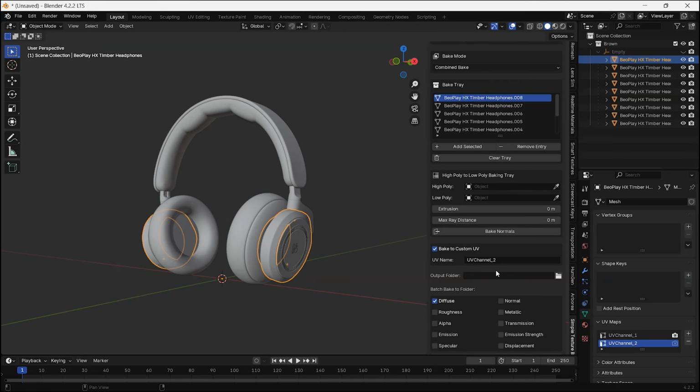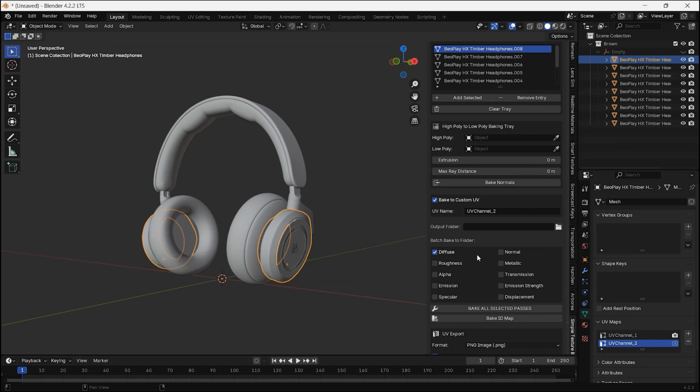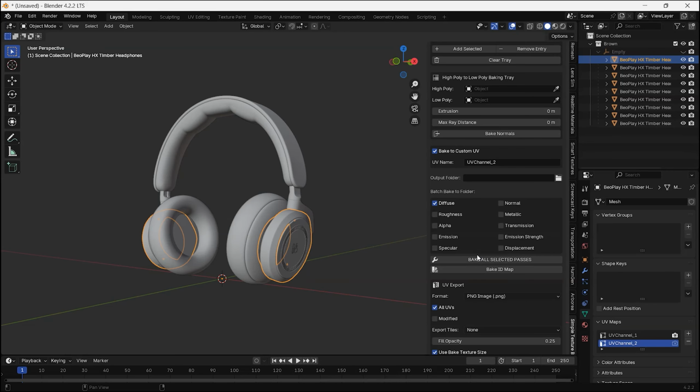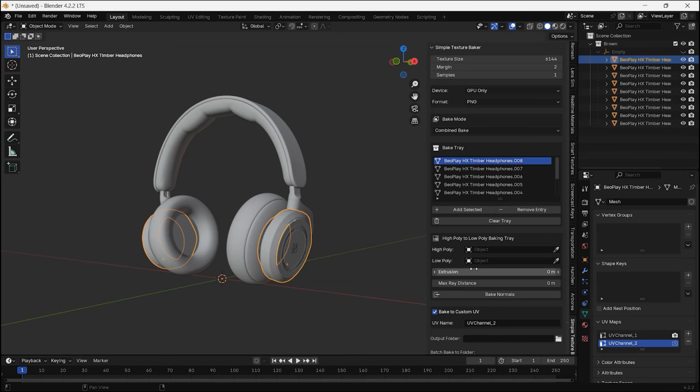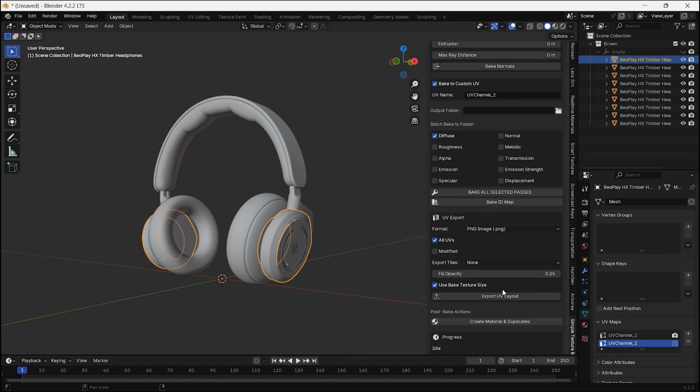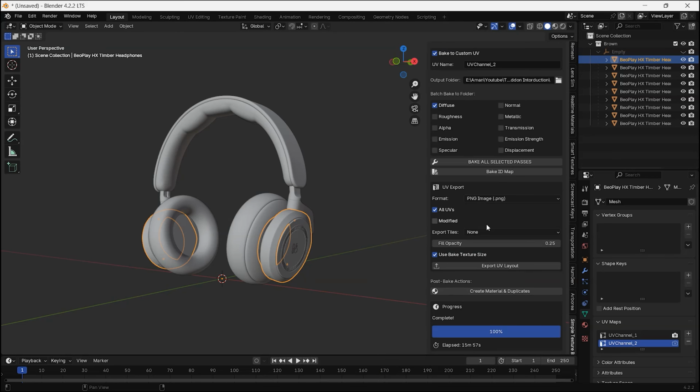So yeah, I will speed up the video here, but I will show you how much time it takes for the 9 objects' 6K map baking. Let's just start baking. We have not set an output folder, so let me set it up. Okay, the baking is done and it took 16 minutes to bake